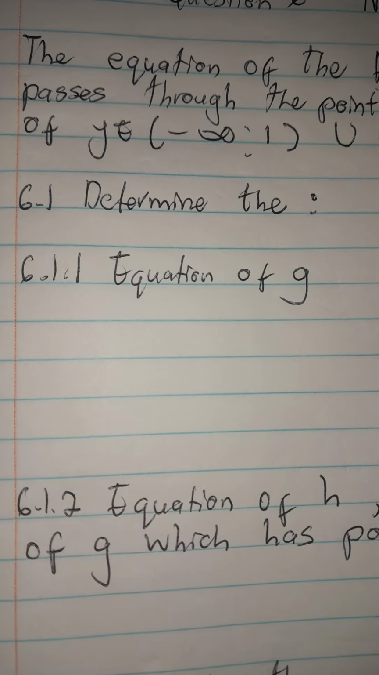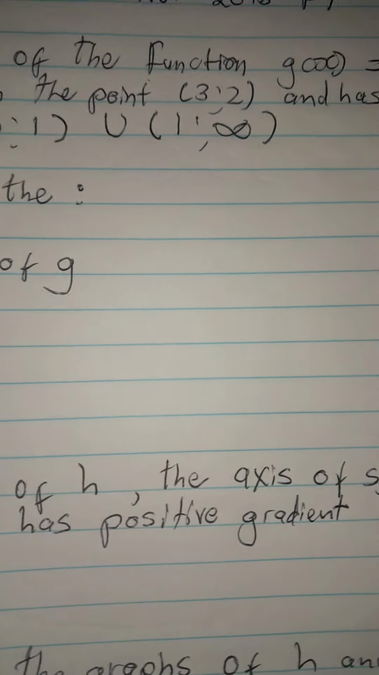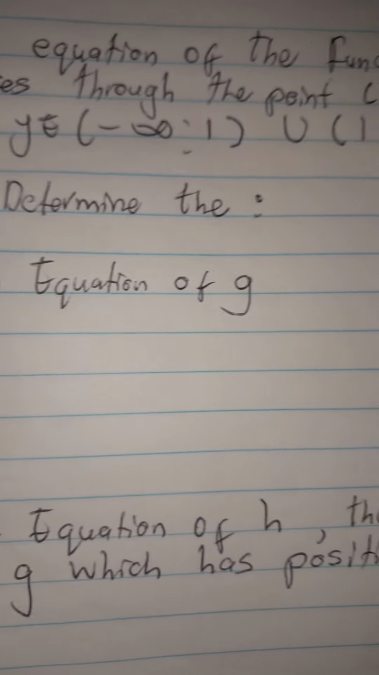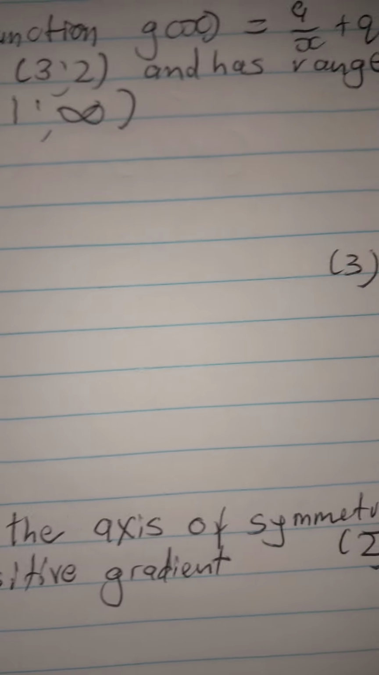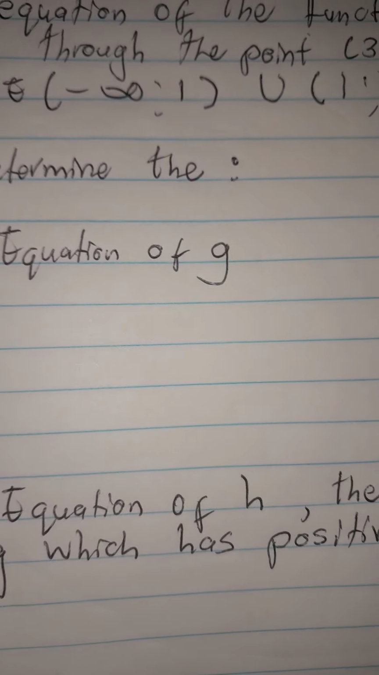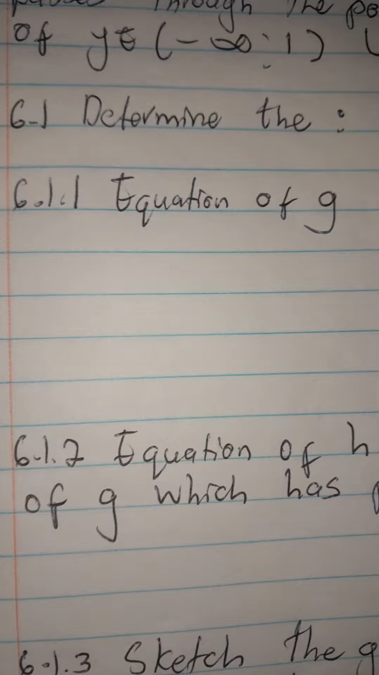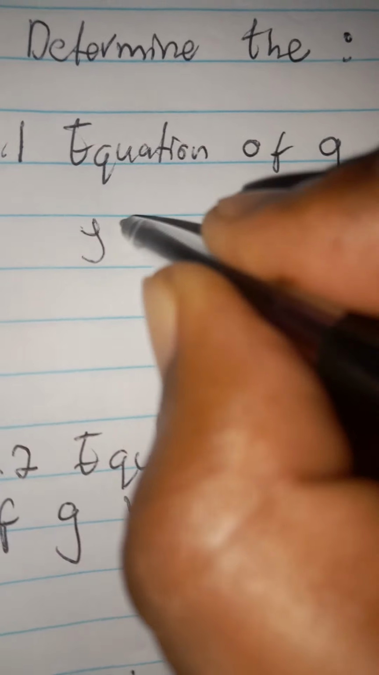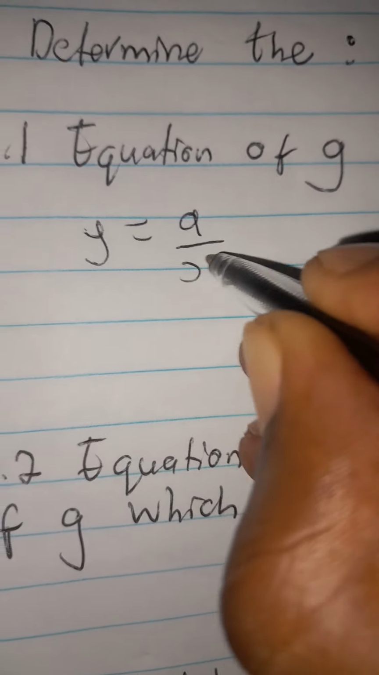So let's begin. The equation of the function g of x is equal to a divided by x plus q, passes through the point (3; 2) and has a range of y is an element of negative infinity to negative 1 and 1 to infinity, right? So we need to determine the equation of g. How many marks is that? It's 3 marks, right? First things first, let's write the standard equation, which is a all over x plus